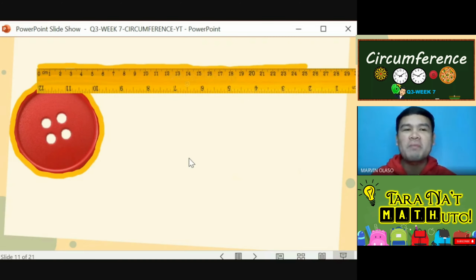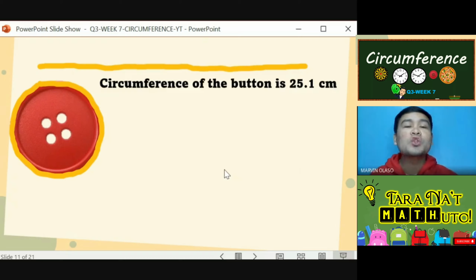For example, we have now the ruler. As you can see in our measurement, the circumference of the button is 25.1 centimeters. So that's how we use the yarn or a string and the ruler to measure the